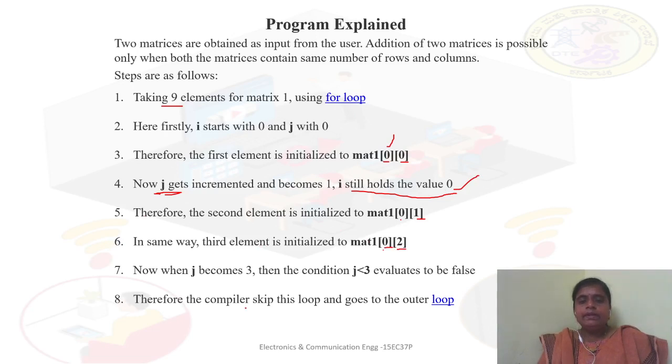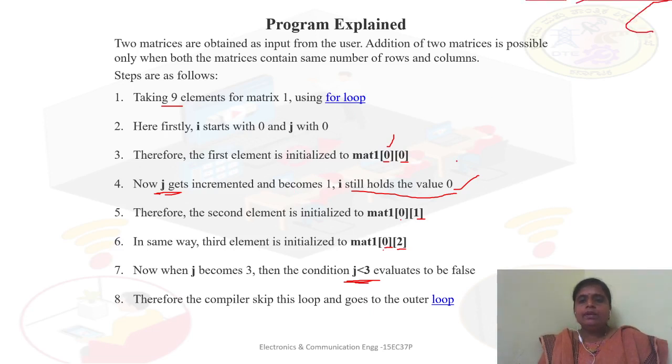Now when we go to increment again, this condition is going to be false. j should be less than 3, because we go for 0, 1 and 2. When it becomes 3, it becomes false, so it comes out of that, and again we keep on incrementing. We keep j equal to 0. Now we take i is equal to 1, and we again continue to go for the next row. Now we have completed these steps when i is equal to 0.